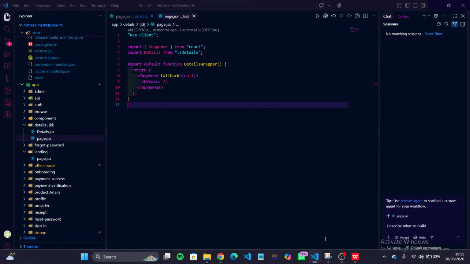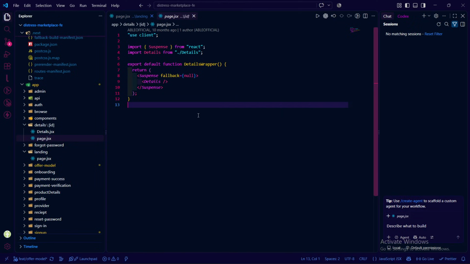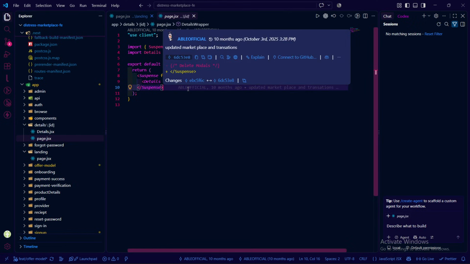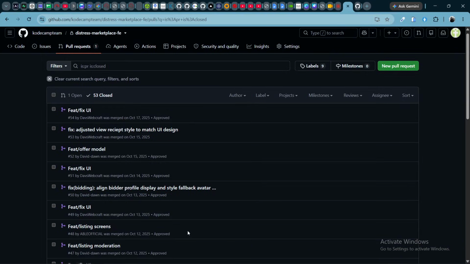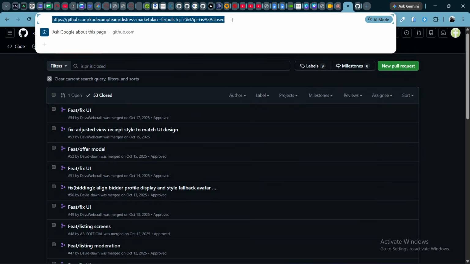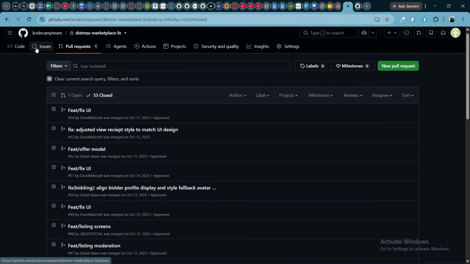So what does Git do? It keeps track of the changes you make. As you can see, these are the changes. See, updated marketplace and transactions. So that is what Git does. What does GitHub do rather? It's a place online where you can store and even share your project. So if I want to share this project with another developer, I will just ask the developer to,